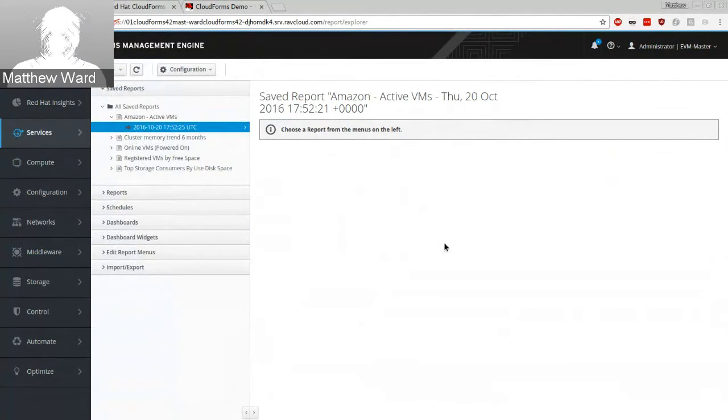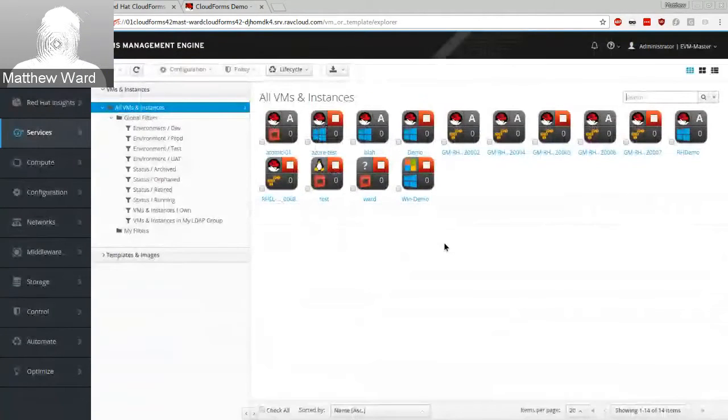So this is actually running out on a cloud provider. It's running out on AWS. And I have this connected to several cloud providers. So I keep using this term providers. Let me define that for you. In CloudForms terms, a provider is either an infrastructure or a cloud provider. So the cloud providers we support, you can see most of them here, which are OpenStack, Azure, Amazon Web Services, and Google Compute. And infrastructure providers are VMware, Red Hat Enterprise Virtualization,